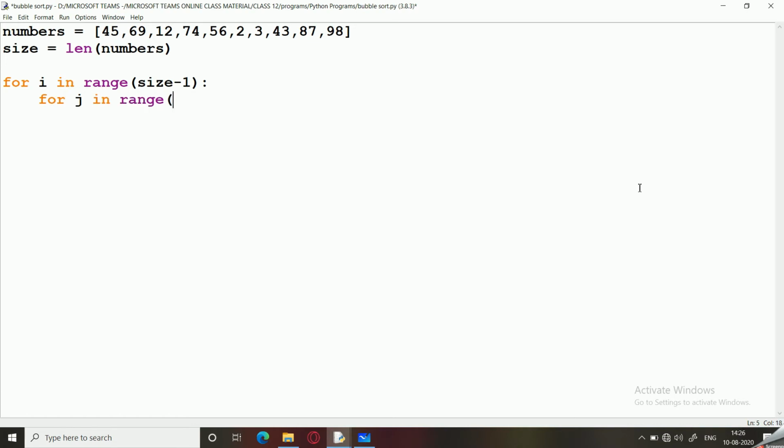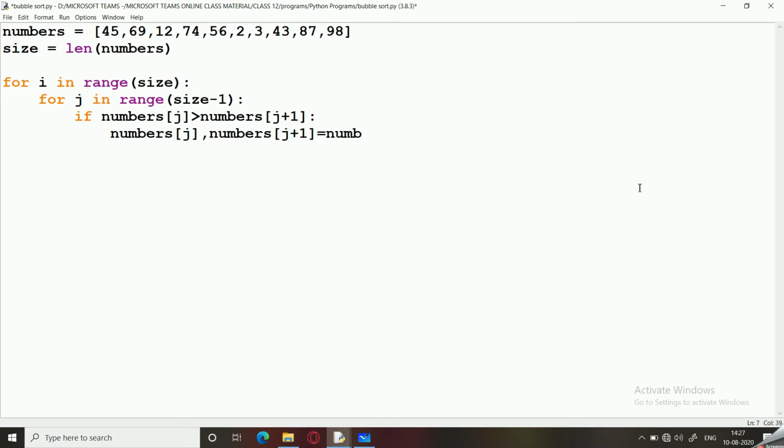For j in range size, if numbers[j] is greater than numbers[j+1], then numbers[j], numbers[j+1] will be interchanged.